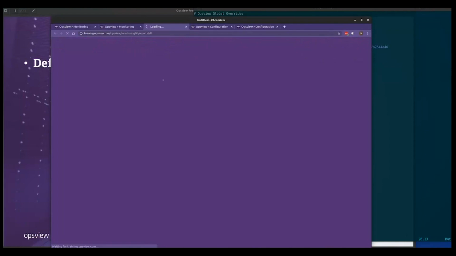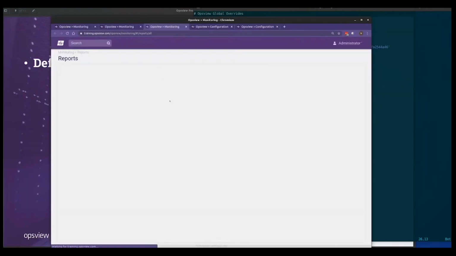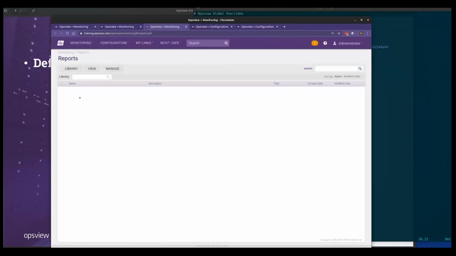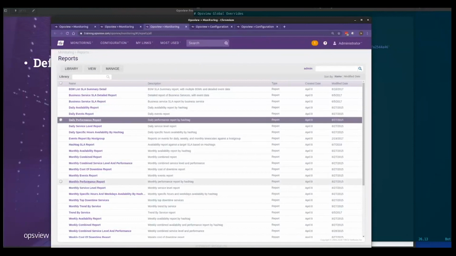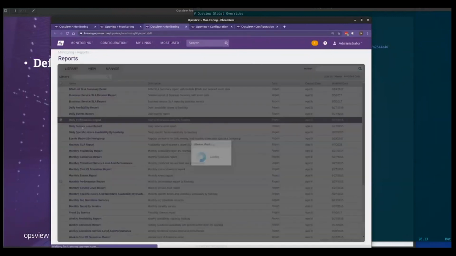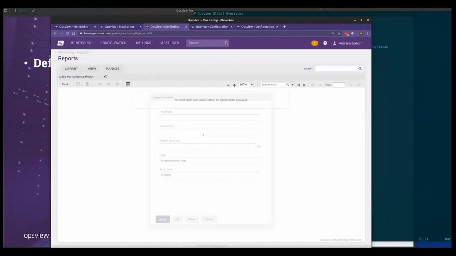I won't go into reports too much right now, but one of these reports, your daily performance report or your monthly performance report, these performance reports use that data. And you need to pick a host group, so I'll go for, I think, web servers, pick an end